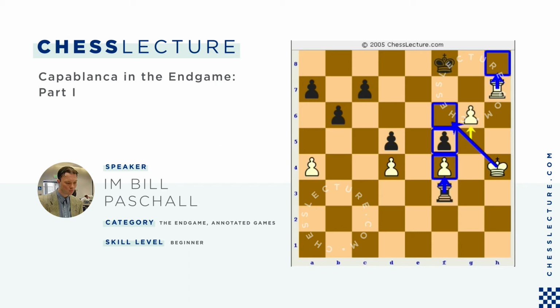So black has nothing better. Rook takes f4 check, winning another pawn, king g5. Now what should you play? Well, it's tempting to take another pawn here. Problem is, rook takes f4 check, king g5. If you take another pawn, i.e. rook takes d4, question mark,